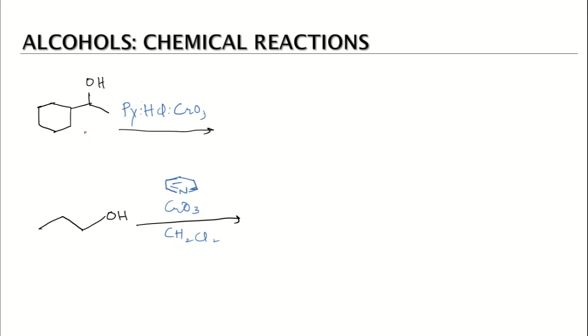We have been given another example here. We have a 2-degree alcohol. The first thing that we have to do in these reactions is recognize the type of alcohol we are using. So here we are using a 2-degree alcohol, and we are oxidizing this 2-degree alcohol with this reagent. This is pyridine, we have hydrochloric acid, and we have chromium oxide. These reagents we are using for the oxidation. Again, these are the oxidizing agents.